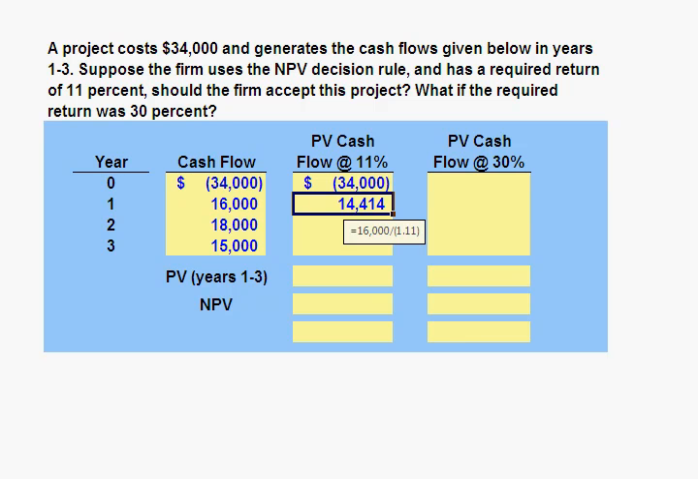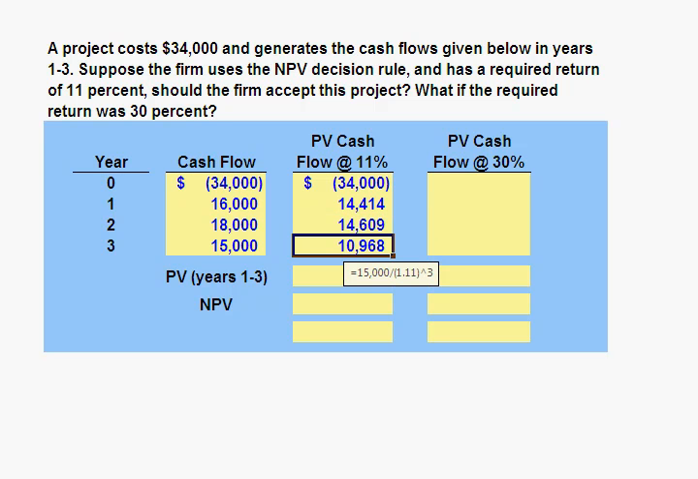$14,414. The $18,000 cash flow in year 2 should be discounted back at 11% for 2 periods and has a present value of $14,609. The year 3 cash flow of $15,000 should be discounted back at 11% for 3 periods and has a present value of